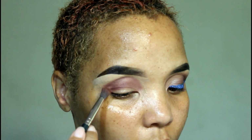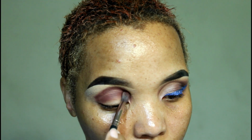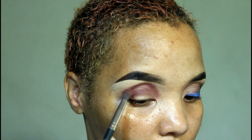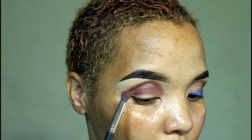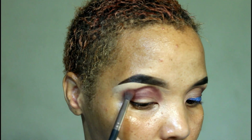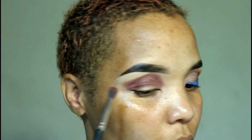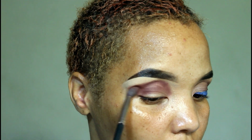A nice girl. Okay, so I'm just packing the product on. I like to pack the eyeshadow on just so that I can get more pigment from it, instead of going in and just starting, you know, doing windshield motions. I prefer to pack it on, and then when I'm satisfied with the pigment, then that is when I will go in and I will